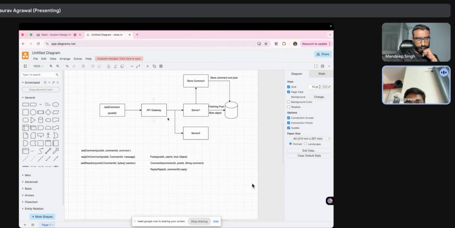So the API gateway will be checking whether the server is going to store the comment successfully in the database or not. That is the part we are going to handle on the server side.